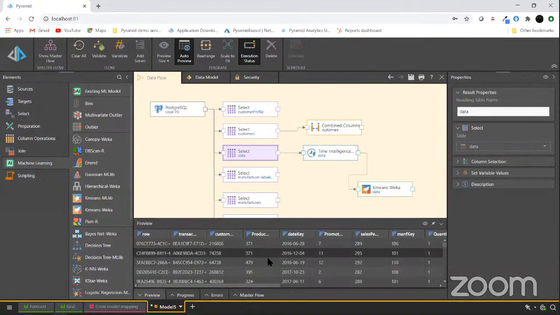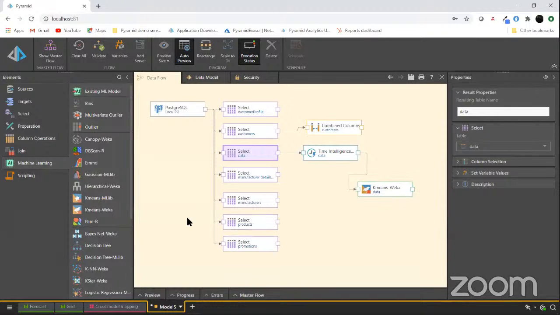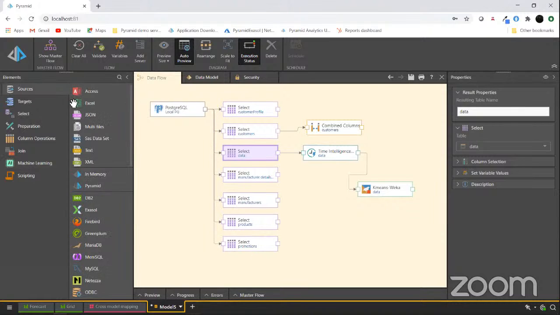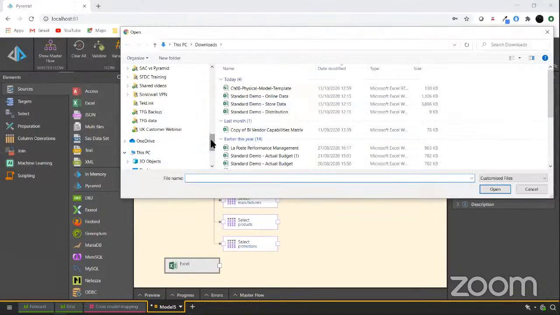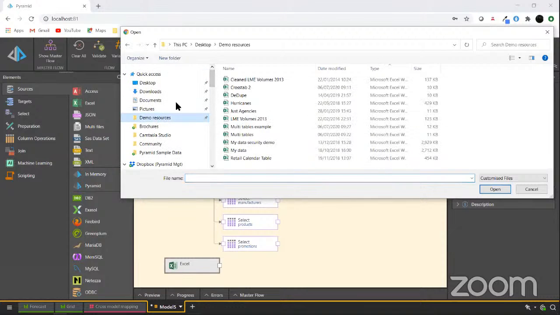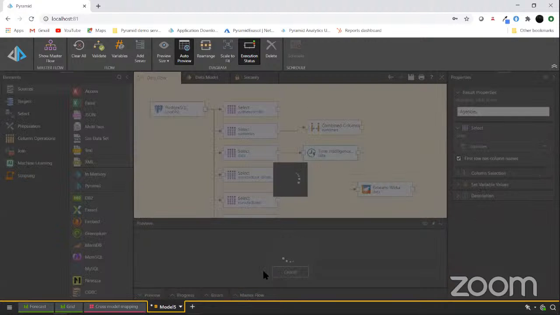And again, the other thing, if you look at my data, I have this thing called promotion key. Now, in my fictitious company, my sales are run through different marketing agencies, through different promotions. I'd like to see how each agency performs from a revenue and margin point of view. Unfortunately, that information is not in my database. It's sitting in a spreadsheet in marketing. So I want to take Excel. I want to upload a data file from here. And in this case, if I look for my demo resources, I've got a file called just agencies. If I upload that and add that Excel table in, we can see that we've got in here my promotion key and my name.